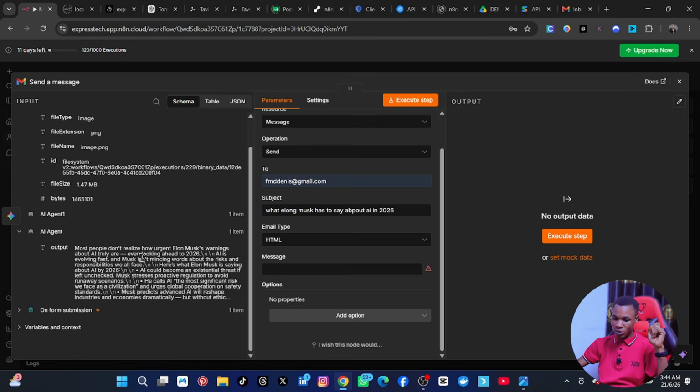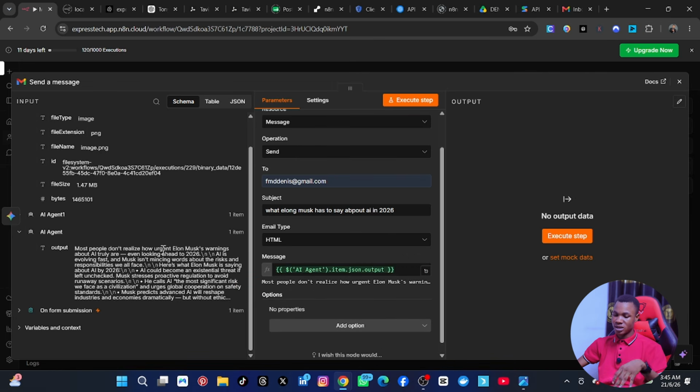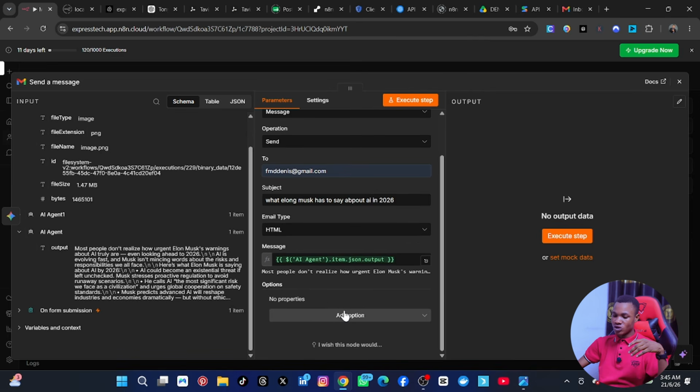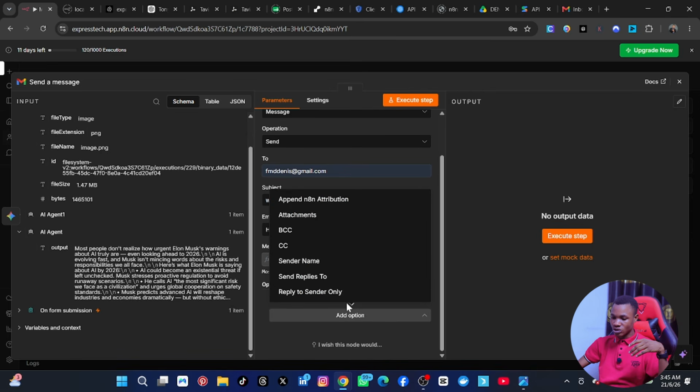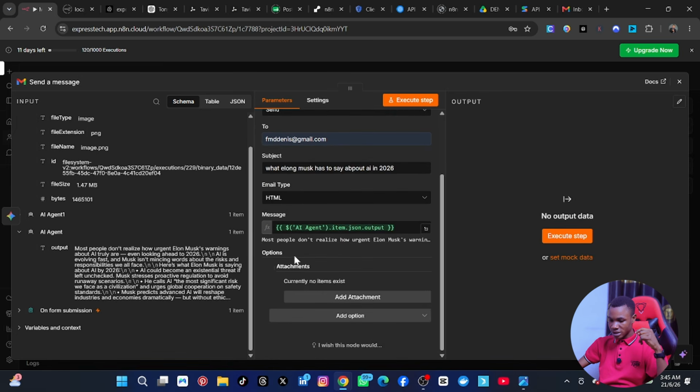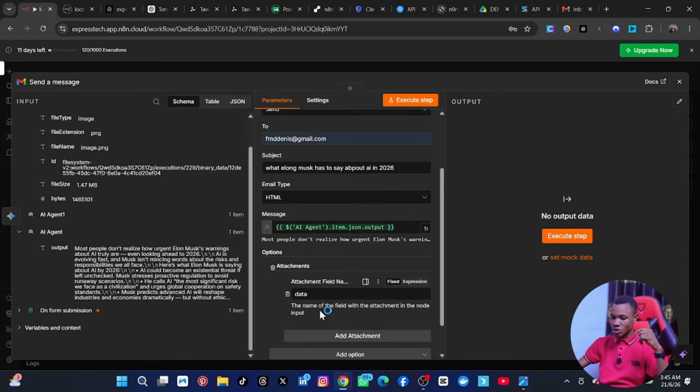Let's say "most people don't realize", okay, this is it. So just put the output and then map it to the message. So it's supposed to send this message to our email. Now I want to add something like this, and I want us to add attachment. So let's click on attachment, and the attachment here, let's click on attachment again, and it's supposed to be on